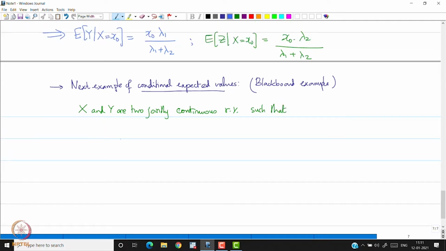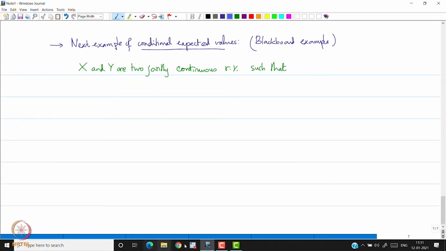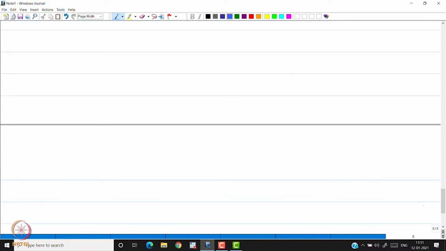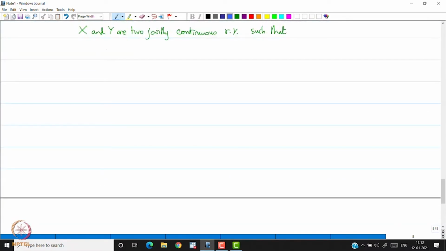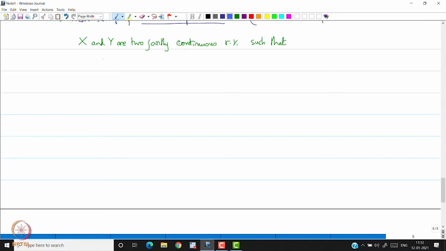as was done on the blackboard, let me create another page so that I can seamlessly go on there. Okay, so Y given X equal to x naught, we gave this example earlier, was uniform in 0 to x naught. This was done on the blackboard, right? So Y given X equal to x naught was a uniform distribution in 0 to x naught, for all values of x naught